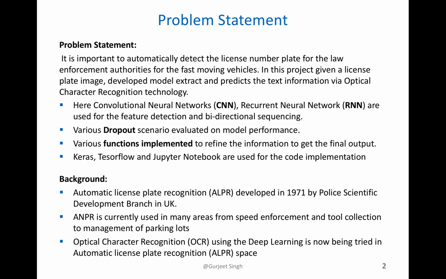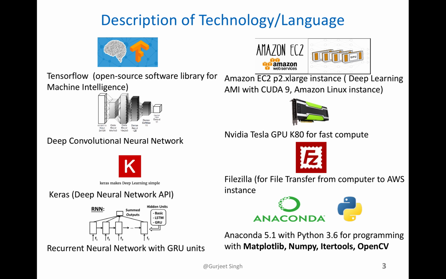The background of this problem is that automatic license plate recognition was developed in 1971 by the Police Scientific Development Branch in the UK. ANPR is currently used in many areas, from speed enforcement to toll collection to management of parking lots. Now optical character recognition using deep learning is being tried in the automatic license plate recognition space. So in this project, the technologies I have used are TensorFlow, which is an